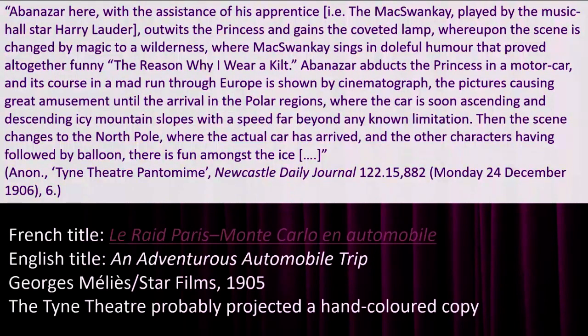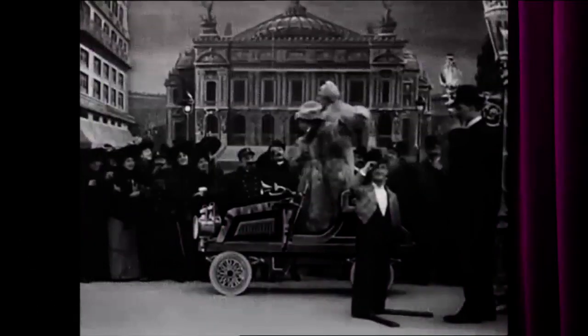Okay, so, having identified the film, I thought I'd look into the history of the film. Now, the idea of incorporating a film into a live performance, in fact, the idea of incorporating this specific film, and this is from earlier in the film, from bit before, bit I just showed you, that idea was not Frederick Wyndham's idea, or the scriptwriter J. Hickory Wood's idea. This particular film was a re-edit of an earlier version that Georges Méliès had made in 1904,